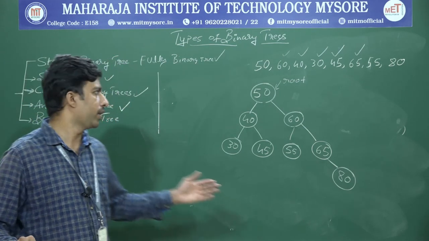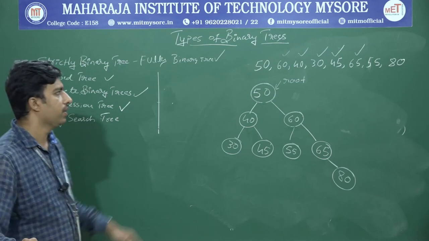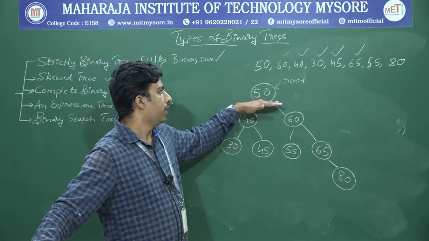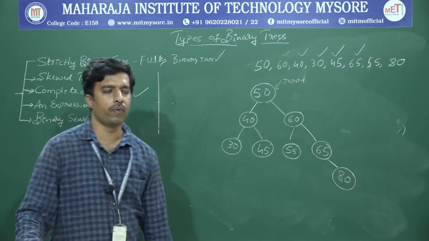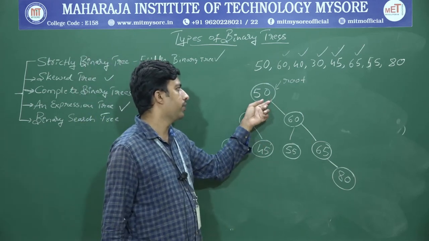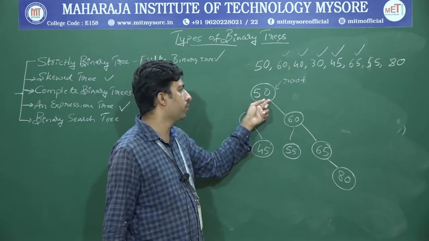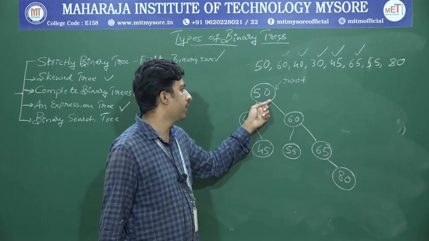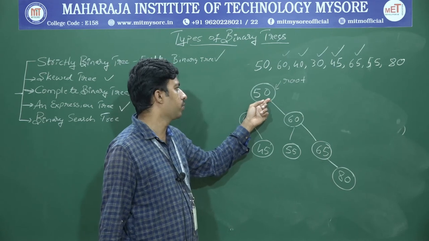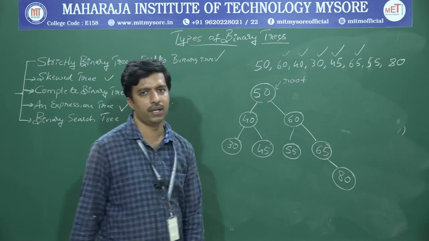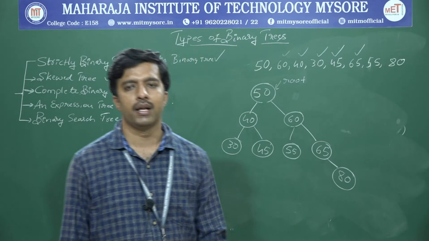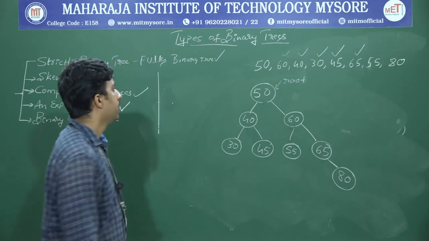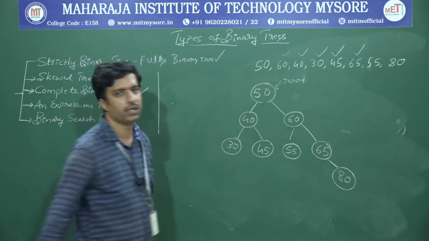How to write that one we discussed. And a binary search tree is a tree where, on the basis of the root value, if the value is greater than the info of the root node, it moves towards the right. If the value is lesser than the info of the root node, it moves towards the left. Greater goes right, less goes left. This is binary search tree.